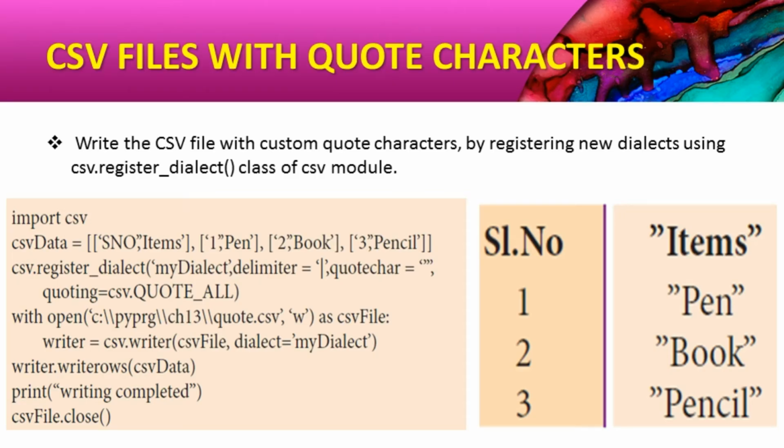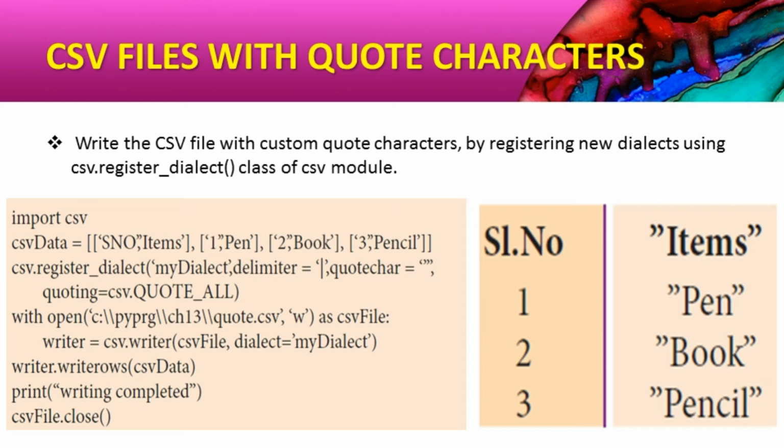CSV file with quote characters. Here the data value with the comma character, that is part of the data value, is enclosed in double quotes. For this purpose, the double quotes or the part of the data are escaped with double quotes, even though the field value is enclosed in double quotes. Just we are going to introduce the quote characters. By using these quote characters we are going to write a CSV file.